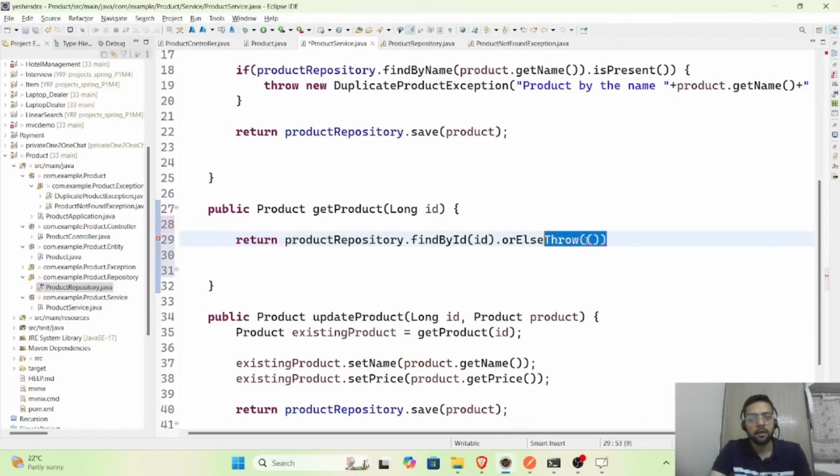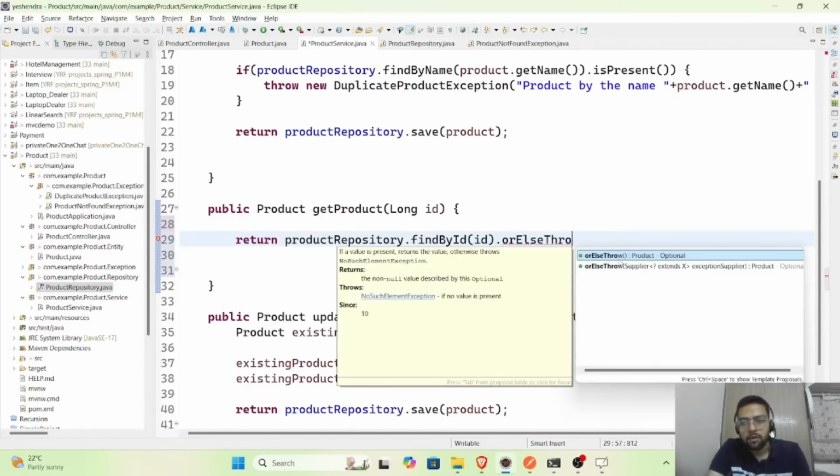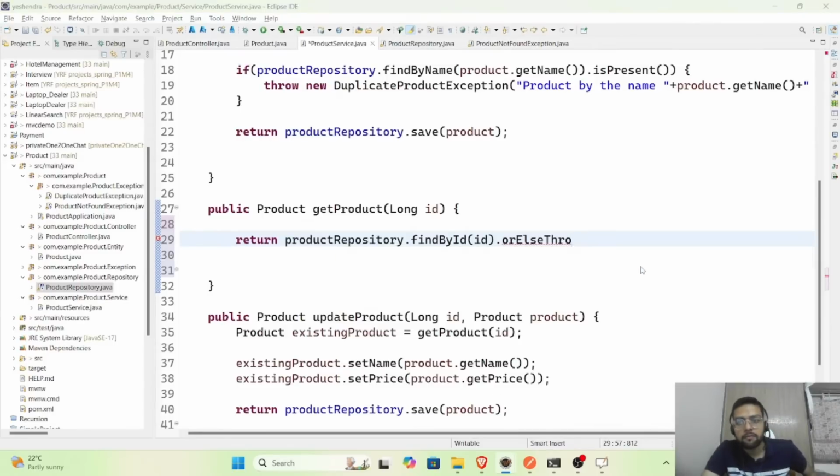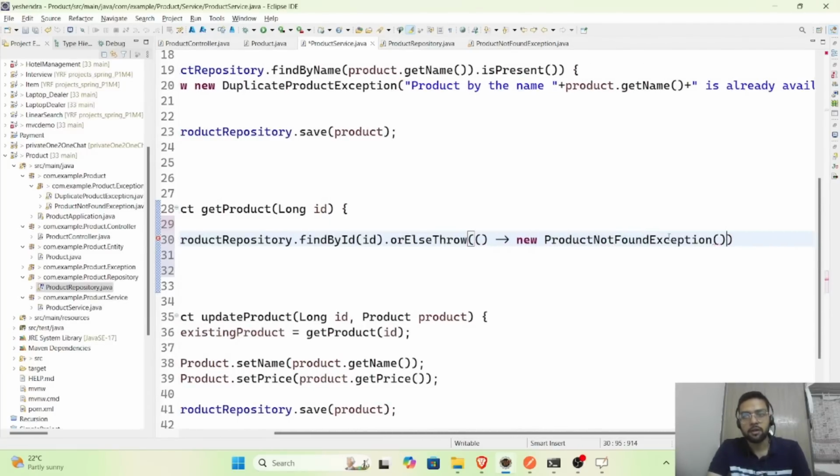You can see when I just type or else throw. Okay, see, can you see supplier here? Or else throw, you can see supplier. Okay, what is Java supplier? Supplier will supply. Okay, he will not keep anything with him, so empty parenthesis, he will not keep anything, he will supply. What he will supply? Exception. Okay, throw, not throw, new product not found. Okay, product not found exception. Okay, and the message is